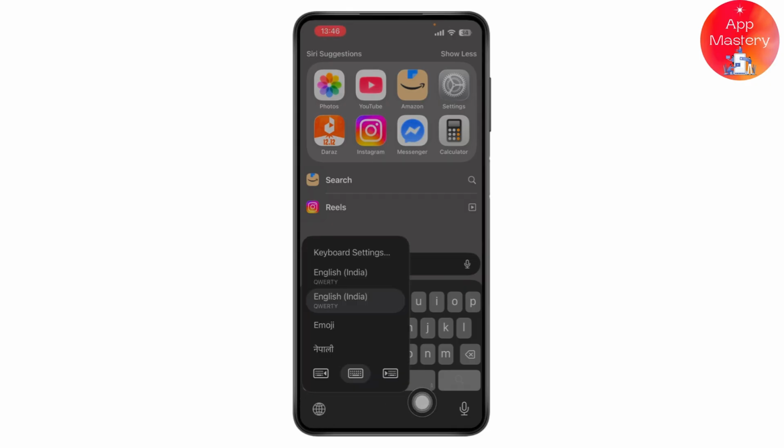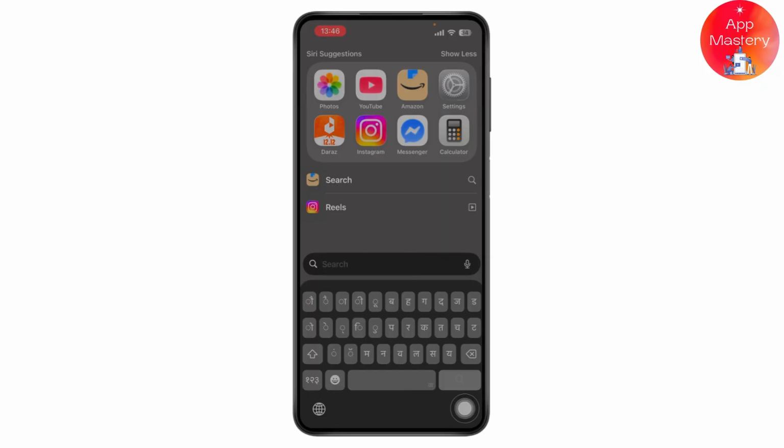Once you tap on the globe icon, you will have all of these languages that you've just added. Like in my case, I'll just simply go and switch a language, and that's it. In this way, you'll be able to change your keyboard. And again, if you want to change it back to original, then you can again go with the globe icon,